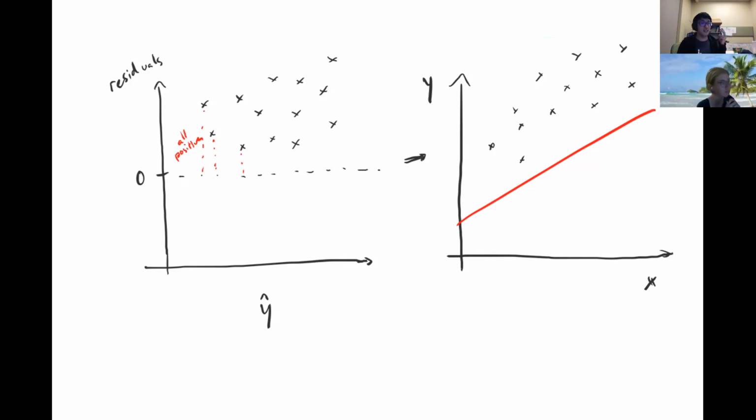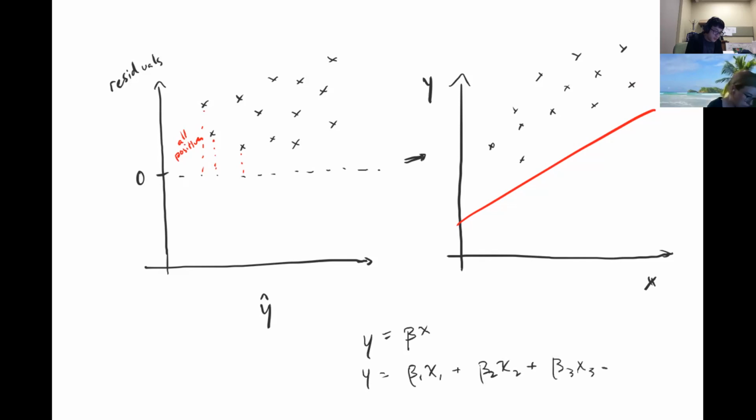And that's a perfectly reasonable way of doing it if you can confine your observation and your model to be in these 2 dimensions, right? So we haven't gotten to multivariate regression yet, because we're mainly talking about y equals beta x. But you can imagine that if I am now starting to look at multiple variables and so on and so forth, all the way to beta n xn,